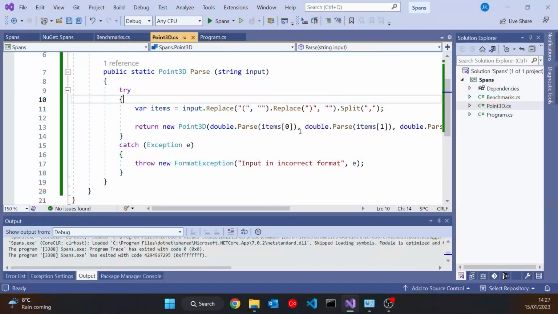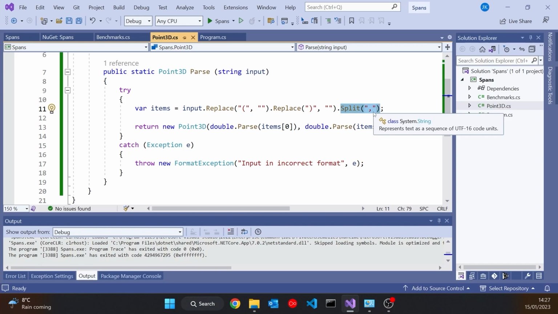The thing about that, though, is it is doing a surprisingly large amount of heap allocation, because the thing you always have to bear in mind with strings is, because they're immutable, every time you do anything to them, you are creating new strings. So what we're doing here, the first replace allocates a new string, the second replace allocates a new string, and the split, presuming there's 3 of them, is going to split that into 3 new strings. So lots of new strings being created.